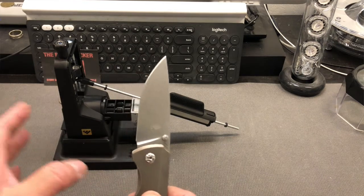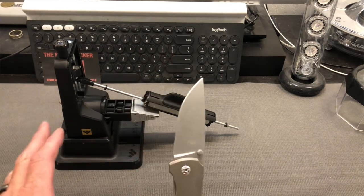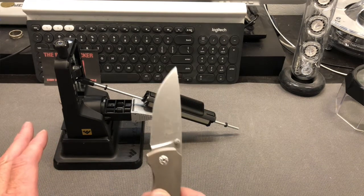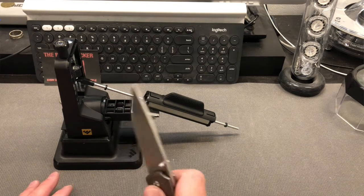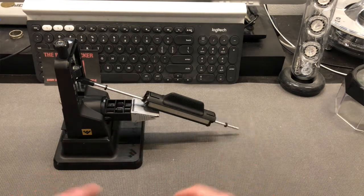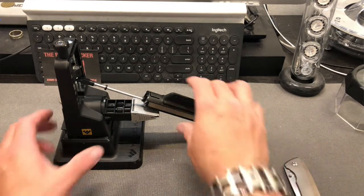And I think that has to do with this system. It has to do with the fact that there's only kind of 3 stones with this. You can get this to a mirror polish, I do believe, if you want to, if you strop for a whole bunch. But let's go over the system here a little bit. We'll talk about some of the things I like, and some of the things I don't. All right, so